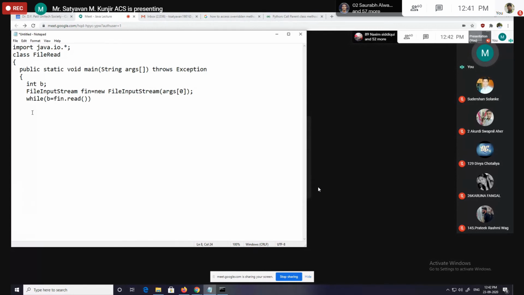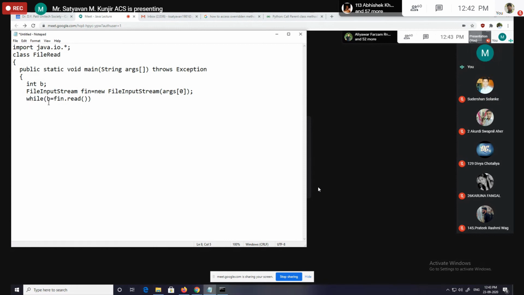If you call the read method only once, it reads only one character from a file at a time. If you want to read more than one character from a file, then we have to use the read method multiple times. So here I have written the statement b equal to append dot read in a while. The while is an iterative loop, so it will execute multiple times, and by using it, we are reading multiple characters from that file. How many characters do we have to read? We have to read that file till its end.